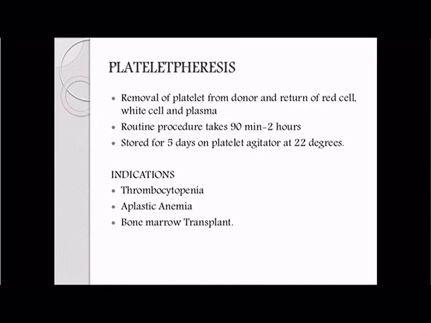In case of platelet pheresis, the donor selection criteria, which I have already discussed in the beginning of the apheresis class, apply: along with the general considerations, in case of platelets we have to look into the platelet time interval, that is at least 48 hours time gap must be kept, and the platelet count should be more than 1.5 lakhs. This is about platelet pheresis.